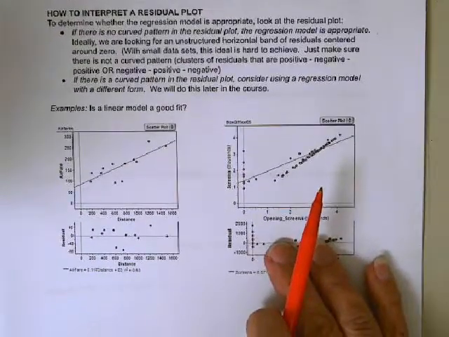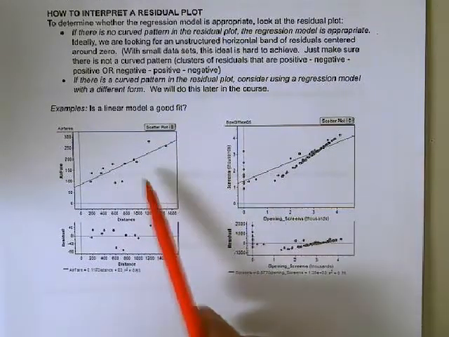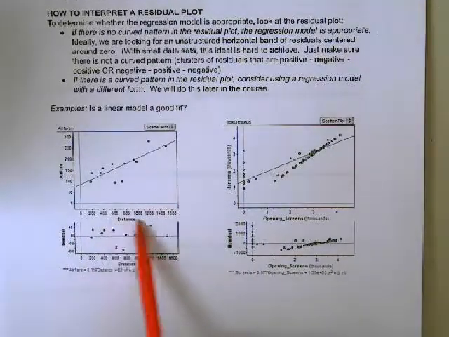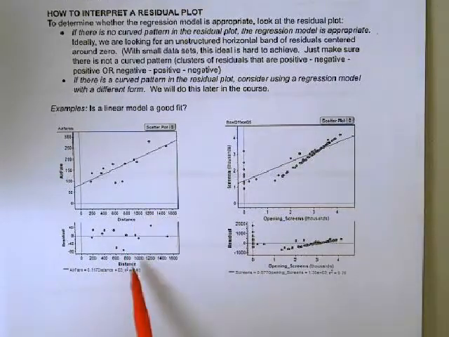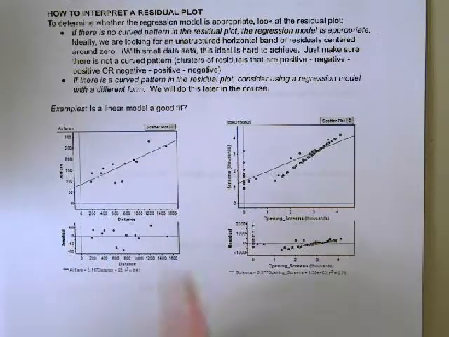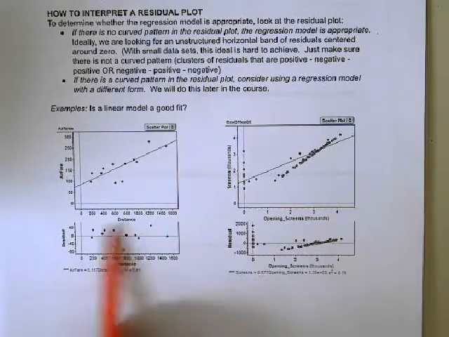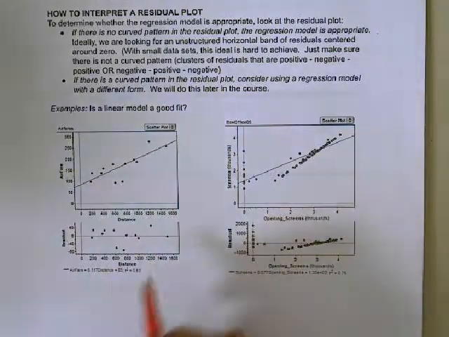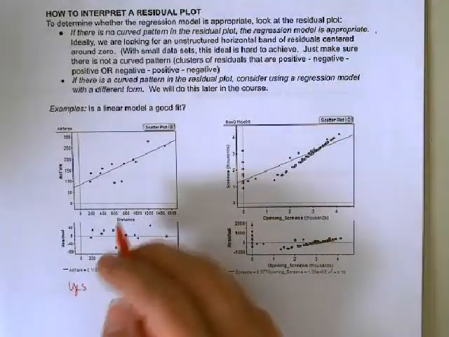Okay. So looking here at this first graph, here's the scatter plot, and then down here is the residual plot. You can see that the distance is on the x-axis on both the scatter plot and the residual plot. It's the y-axis that changed. And if you look here, we can see that this is kind of an unstructured horizontal band centered around 0 in terms of these residuals. So that would mean that, yes,